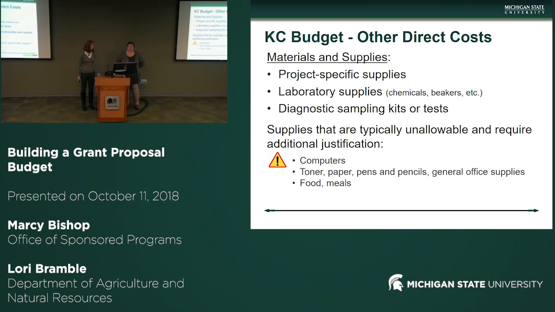I think the biggest issue is to go back to those three words, reasonable, allowable, and allocable, and make sure that you're not charging $100 for a lunch per person. So that's a big thing to look at. There's probably too much to go into, but that's another place where it's very important to provide the details, so that when your budget is reviewed by OSP, we can make that determination on whether or not this suits your funder and whether it can be included. Hopefully that answered your question.